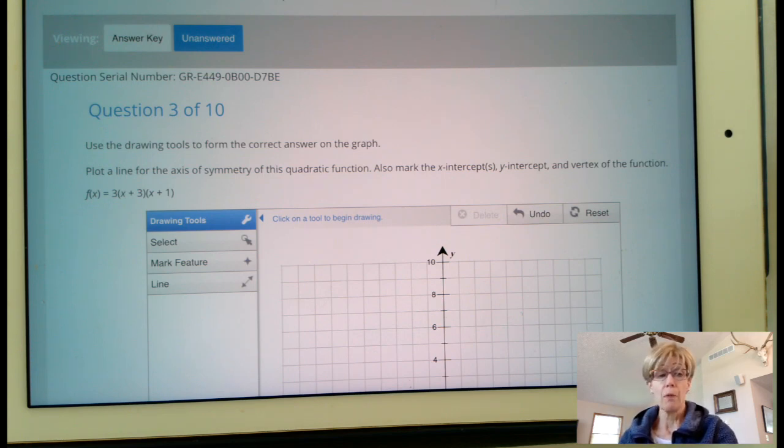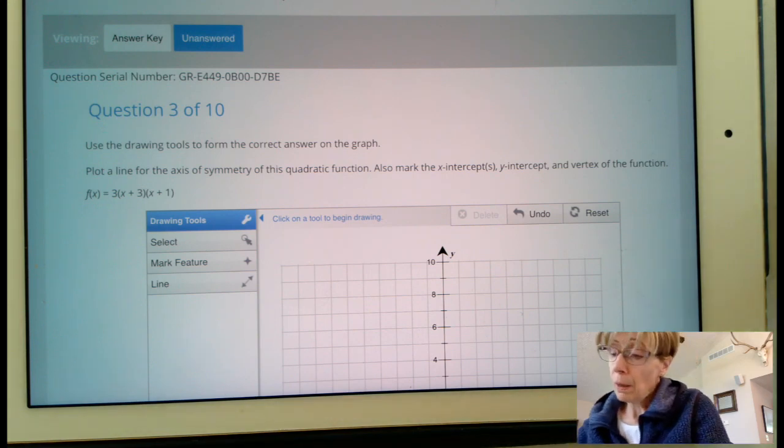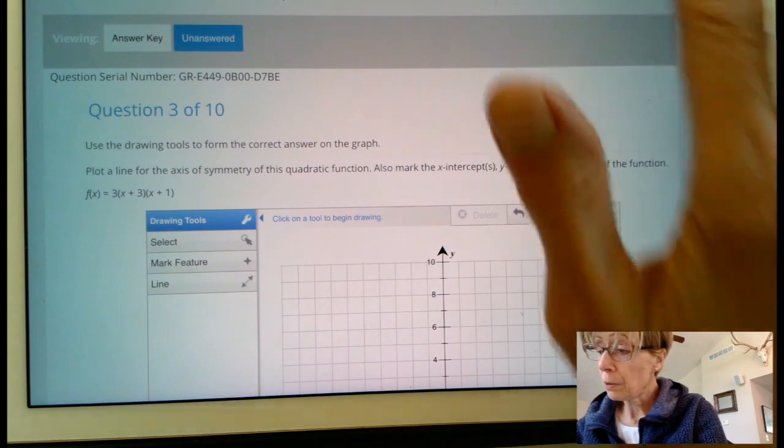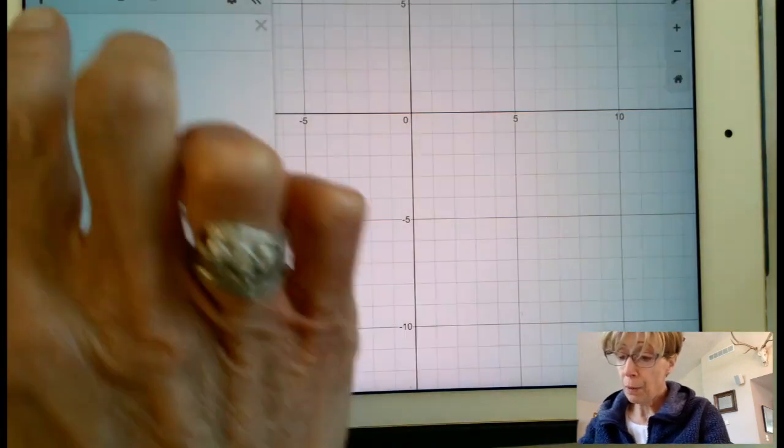I do want to remind you that the axis of symmetry is the line that goes right through the middle of the graph. It cuts the graph in half such that the right half of the graph will land directly on top of the left half of the graph. But I think it's most helpful to be able to find the x-intercept, the y-intercept, the vertex, and the axis of symmetry from Desmos. So if we come over here and we type that in,